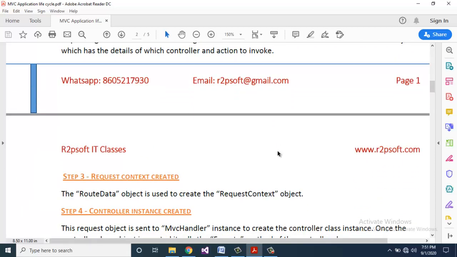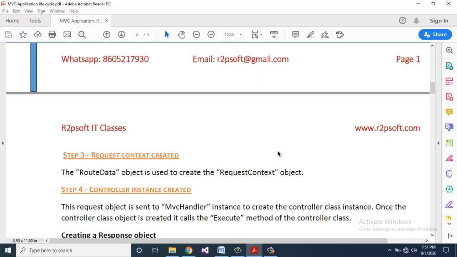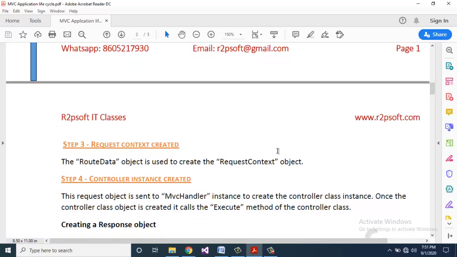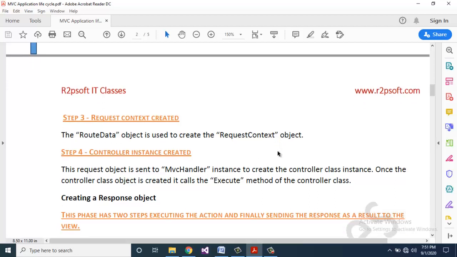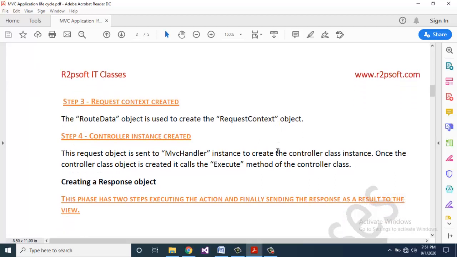Step 3, request context created. The route data object is used to create the request context object. Step 4, controller instance created.